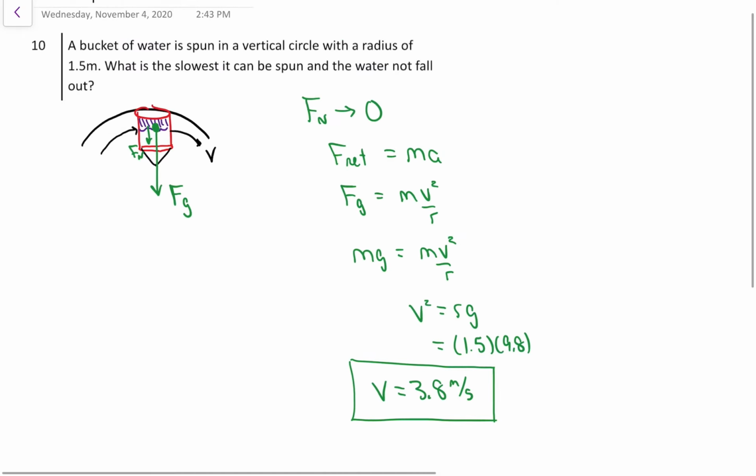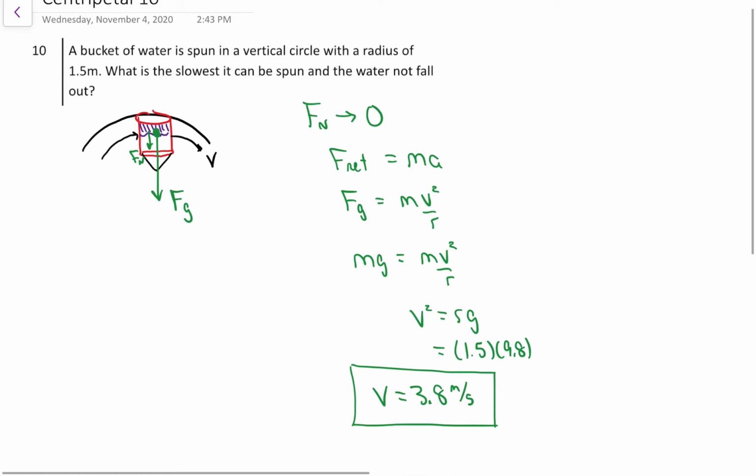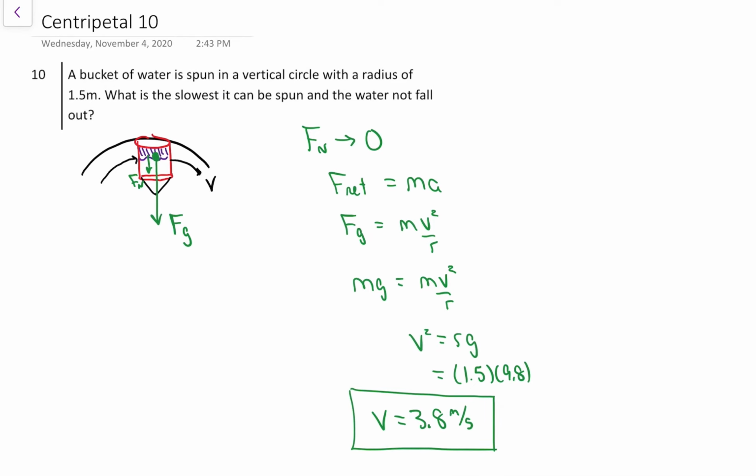So if you're brave, if you can find materials at home, take some sort of bucket, spin it in a vertical circle. As long as you're not going too slow, the water will just stick on the bottom and it'll follow around the bucket as you go in your vertical circle. The danger would be if you go too slow, gravity's too strong, it wants to pull it into a smaller radius, or basically